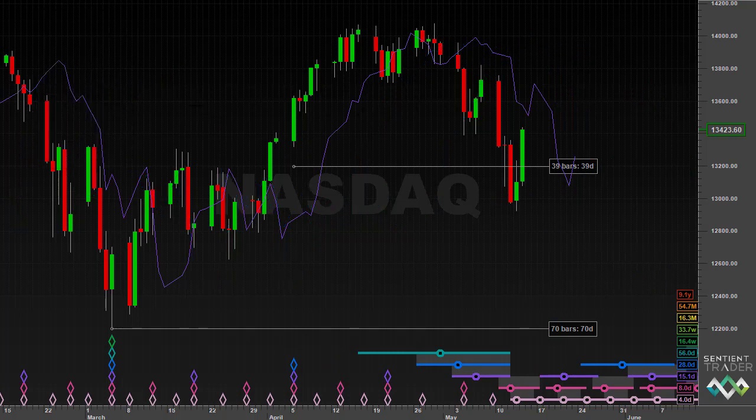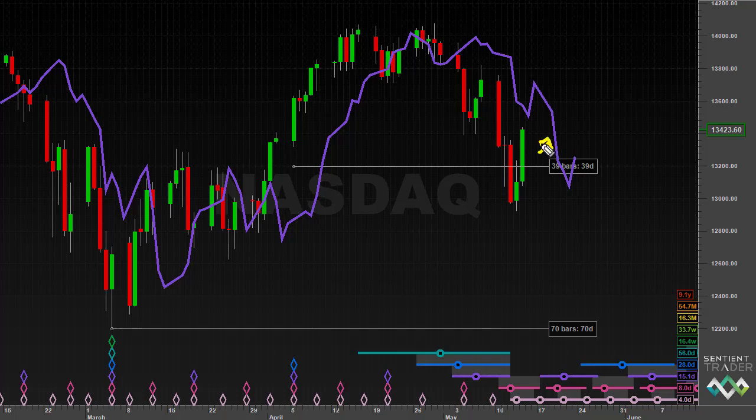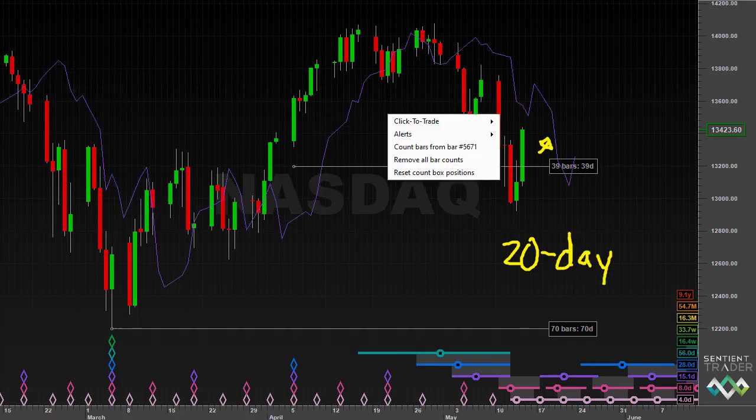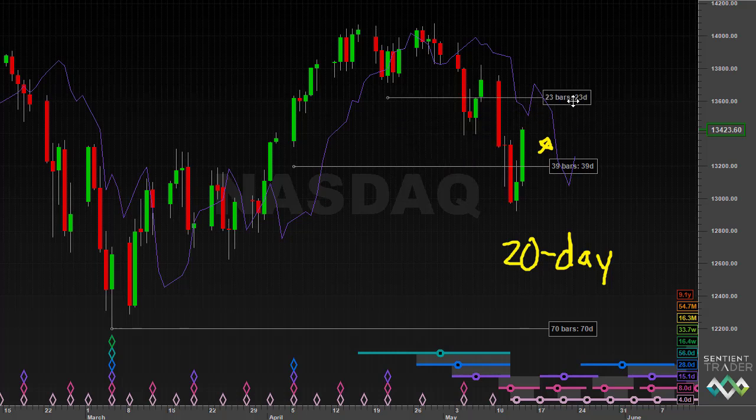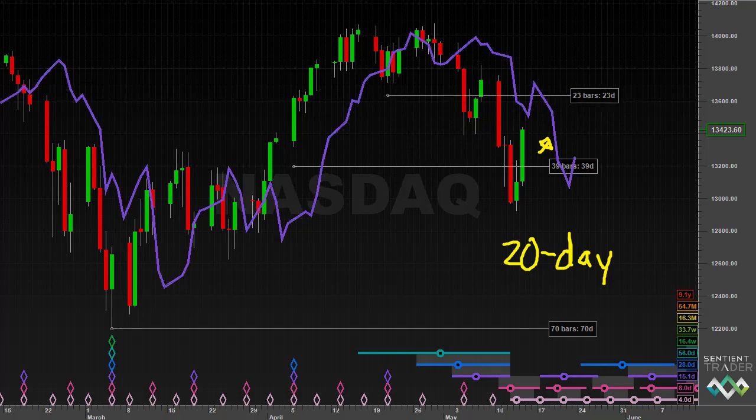is the 20-day cycle. Here is the 20-day cycle FLD, and the same thing applies. When price crosses this 20-day cycle FLD, we will have confirmation that a 20-day cycle trough has formed in the markets. And so again, we ask ourselves, if a 20-day cycle trough has formed in the markets, is that good enough evidence that a 40-day cycle and therefore an 80-day cycle trough has also formed?